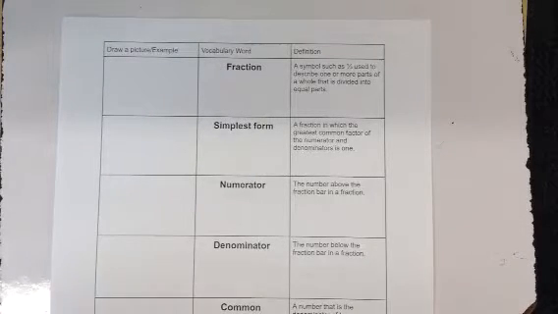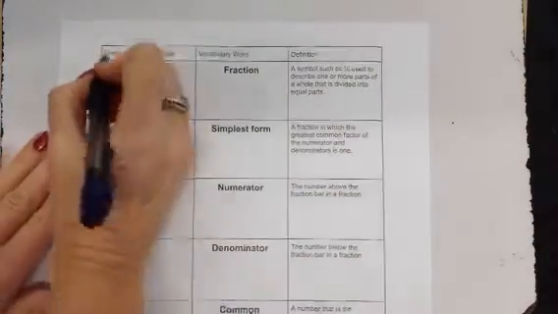Today we are going to be starting with fractions. So we're going to start with a little bit of vocabulary, what are fractions and some of the common terms that go with them. So our first word is fraction. A fraction is a symbol such as 1/3 used to describe one or more parts of a whole that is divided into equal parts. So to draw a picture or do an example, we will just write a couple example